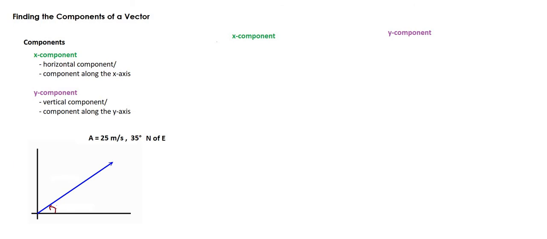Pag sinabi natin x component, we are also referring to the horizontal component or the component along the x-axis. And for y component, it's the vertical component or the component along the y-axis. Okay? See, for example, we have here vector A equal to 25 meter per second, 35 degrees north of east. As you can see, this is north of east, this is north attached to east, or north from east. Okay, we can draw our